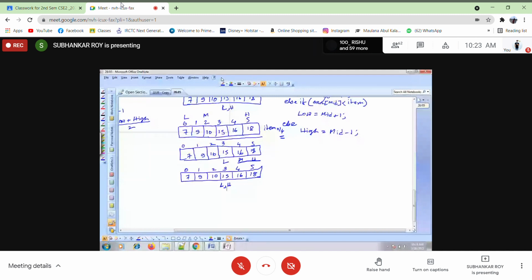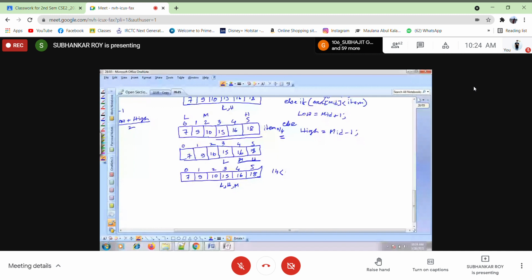Low and high both will be now index 3. Now again we have to check. Now mid is what? Mid is also this one. L and H and mid are all the same. Now what? 14 is less than mid, that is 15.